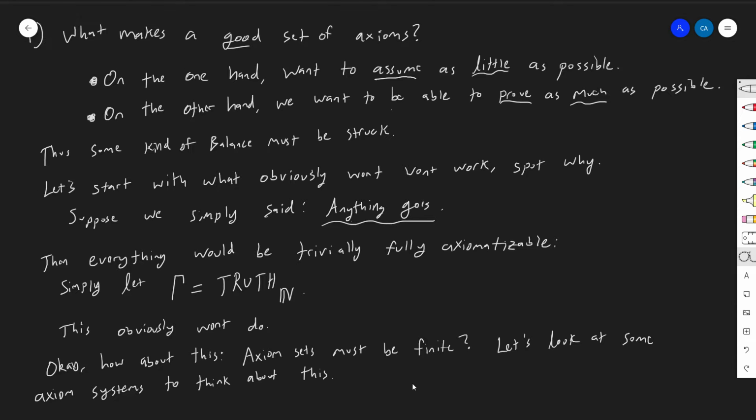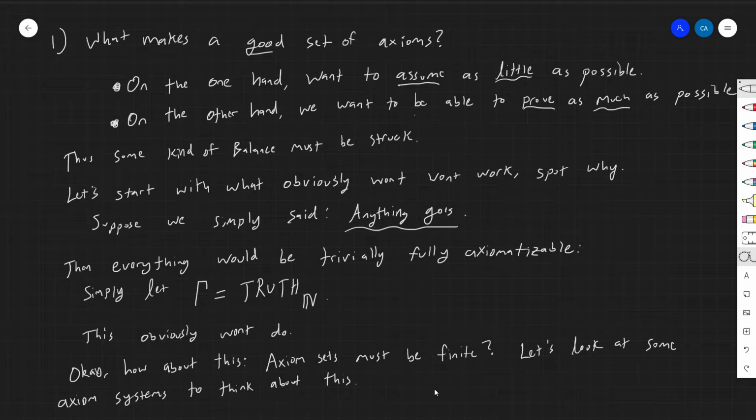Now, the things I'm about to show you will look very scary. They're sets of axioms that are complicated. These are real axiom systems. But we're only looking at them to get a sense of what an axiom system is, not to understand the axioms inside of the thing. So don't worry too much about what you're about to see.